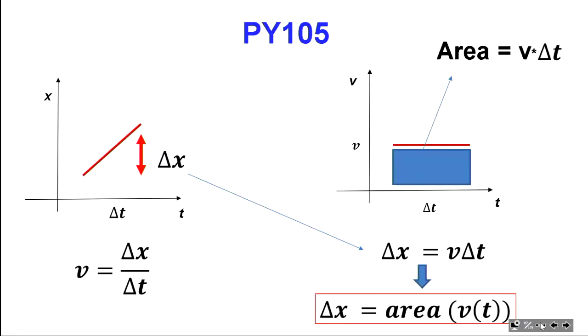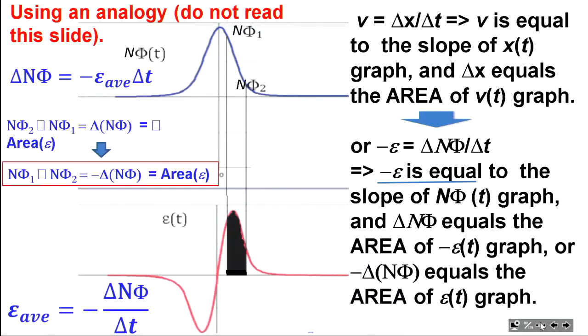But these graphs are also related backwards. If I know this area, it will be equal to the change in the original variable. Well, we know that these graphs for the flux and EMF are related. And we know that the relationship